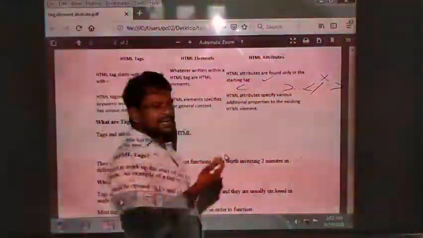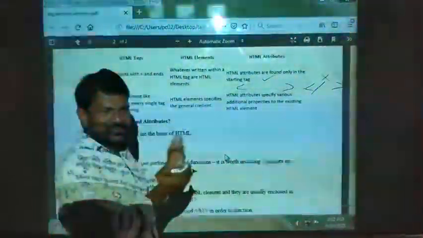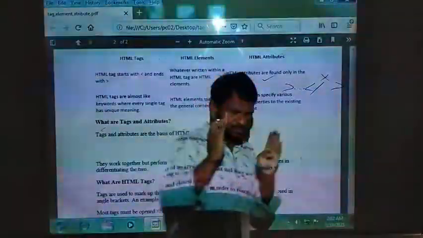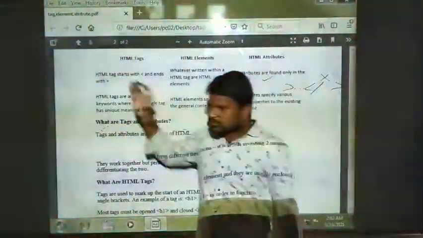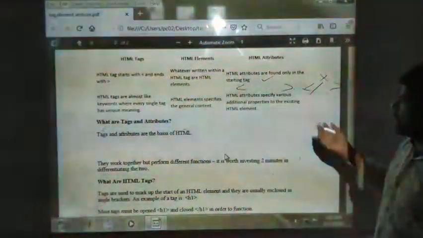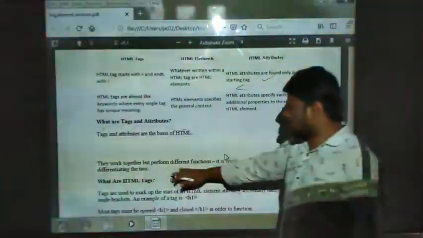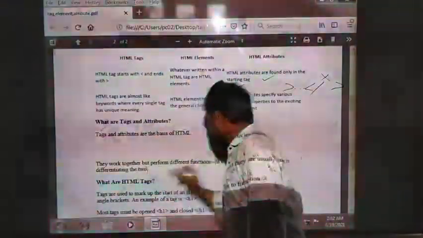Attributes specify various additional properties to the existing element. If alignment means placing some content in your web page, the attribute for alignment is what? Align is equal to left, right, bottom, center. These all work together to perform different functions. Okay. This no need to write.